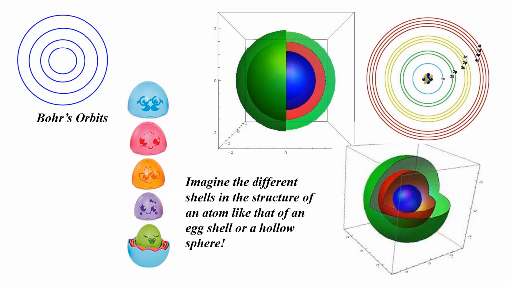It is further divided into two other shells inside it. It has two subshells inside it. This is what is shown in the adjacent picture, 2s, 2p. These are the subshells present inside this red hollow sphere, or the second shell. Now coming to the third shell, the green hollow sphere, it has three subshells inside it: 3s, 3p and 3d.